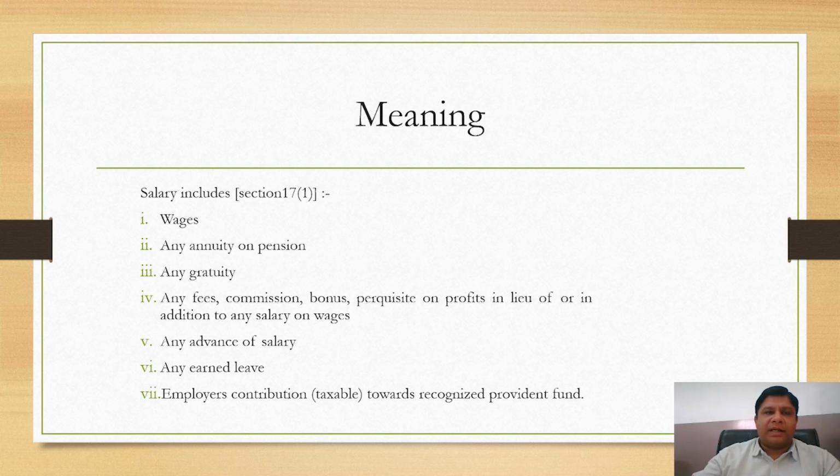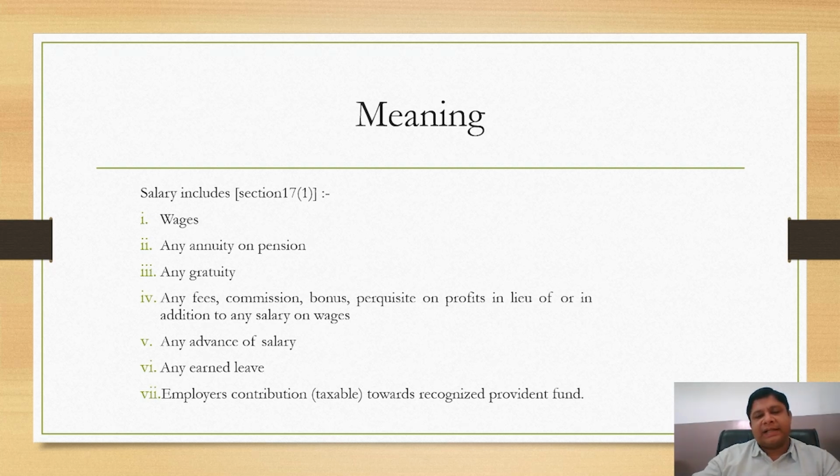The criterion for an employer-employee relationship is that the employee is always bound to work as per the direction and supervision of the employer. To treat any payment as salary, it is necessary that the payer, being the employer, must have made the payment in such employer's capacity. In a contract of service, the employer can direct and control the duties and the manner of performance of employees. Hence, an employer-employee relationship exists in such a contract.